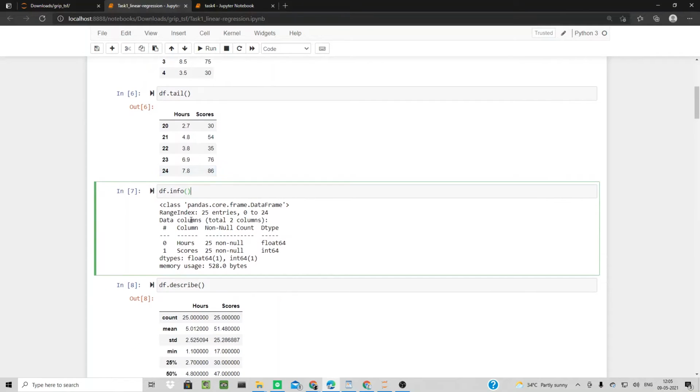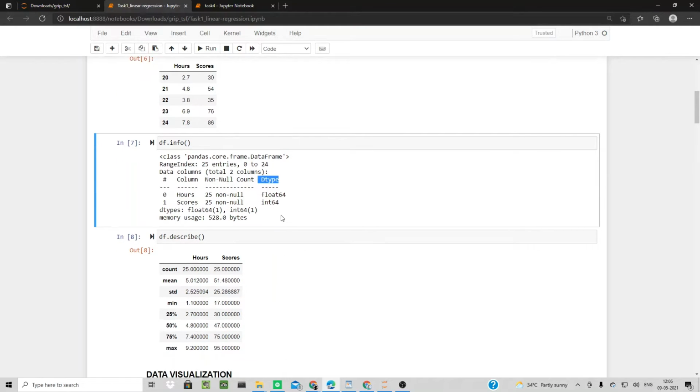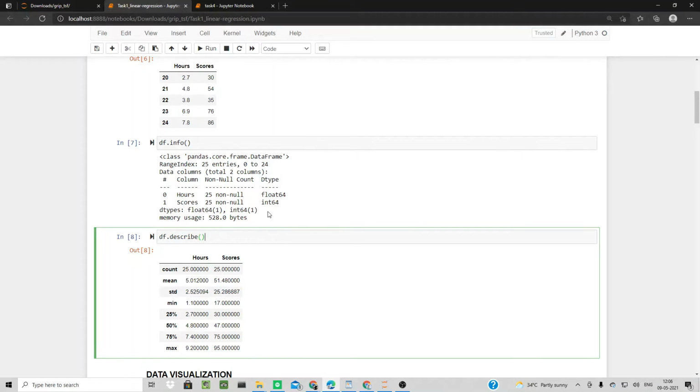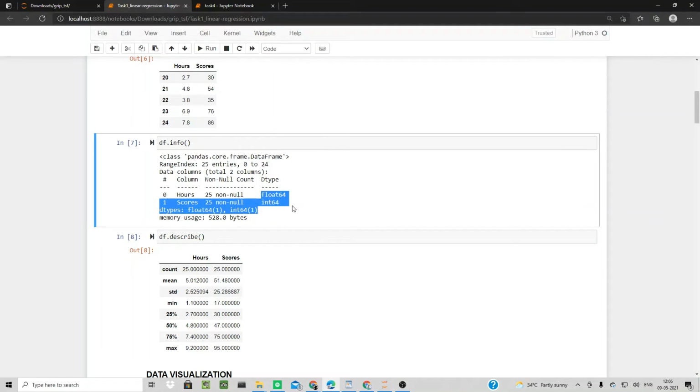samples. Now when we check the information of the data frame, it shows the names of the columns, the non-null columns, that is there are no null values, and the data type. There are basically three types: float, integer, and object, which are numerical data.